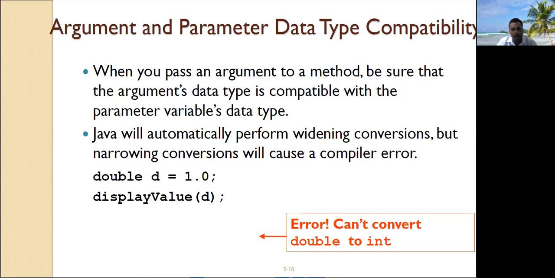If there is a mismatch in the type or number of arguments with the parameter list, then at the time of compilation of the program, it will generate an error. In this example, if you are passing a double as an argument to display value having a parameter of type integer, then it will generate an error during compilation time.